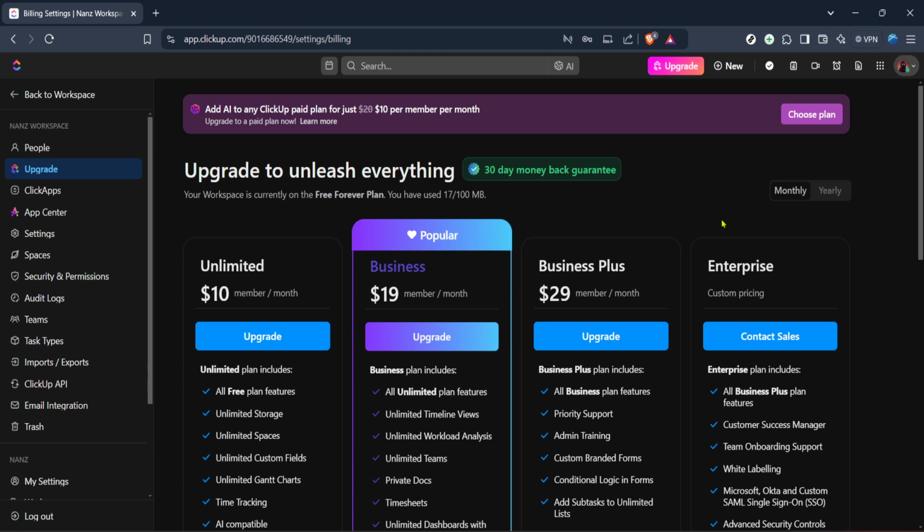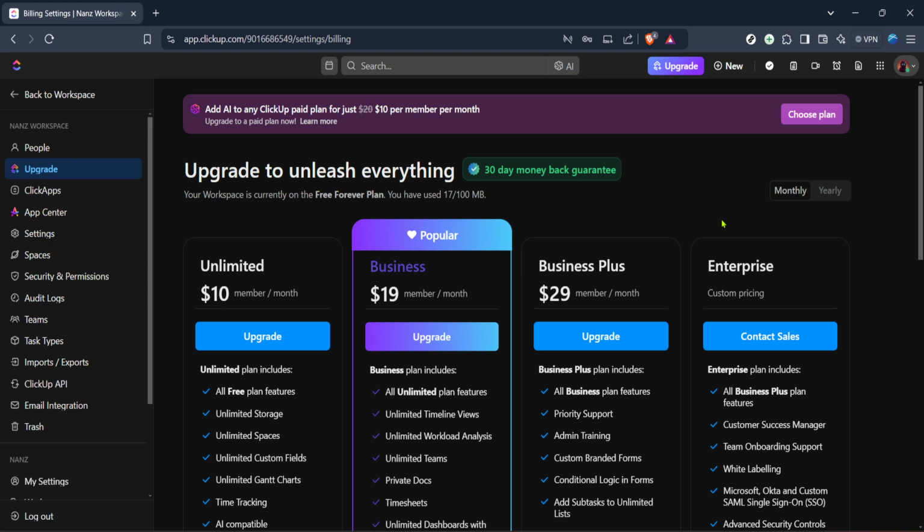Before making a final decision, it might be helpful to revisit your current and future needs. Do you need a plan that supports a large team or perhaps a package with more project management tools? Take your time to read through the details and ensure that you pick a plan that aligns perfectly with your requirements. Once you are confident in your choice, finalize the selection to proceed with the upgrade.